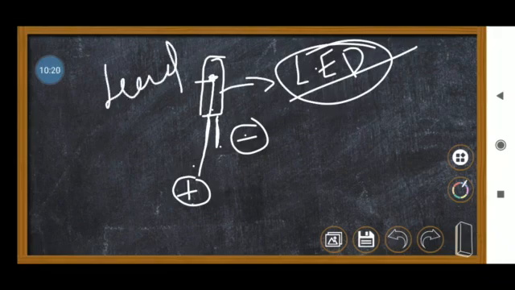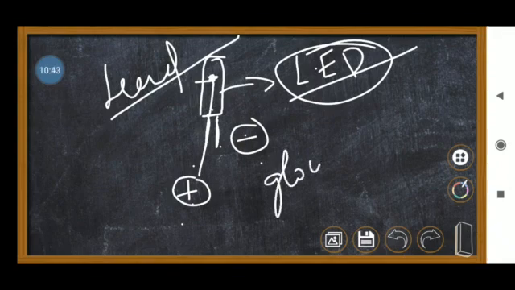Okay, that lead, short lead and long lead. So the long lead is called positive and the short lead is negative. So instead of that small yellow bulb, you have to take that LED bulb and connect it with that circuit. Even if a small amount of current is present, this LED bulb will glow. So we can check whether a small amount of current is passing or not.